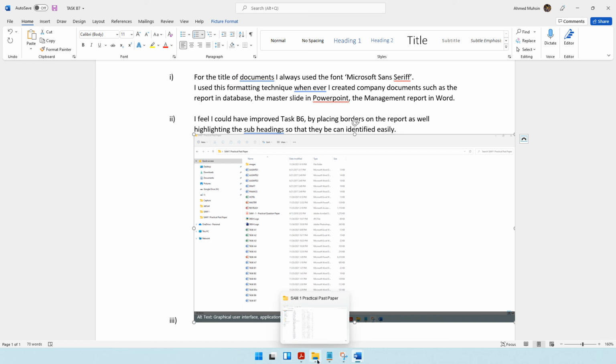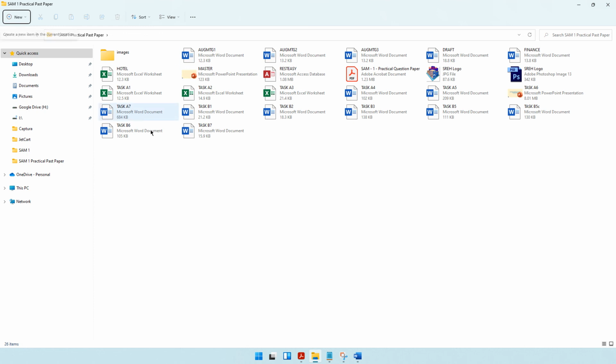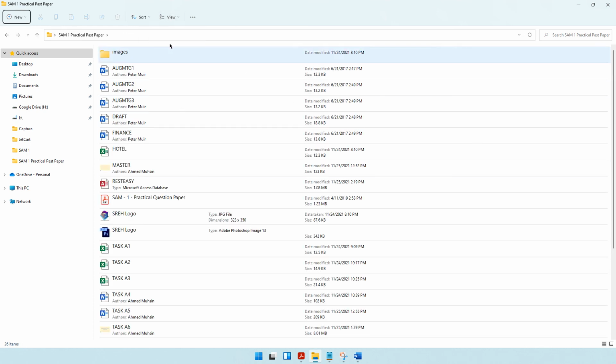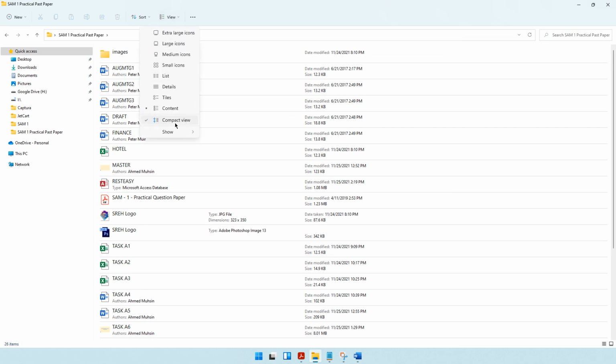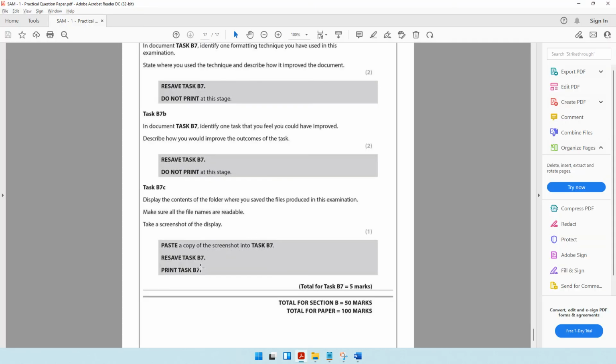In your case, say for example you have to scroll down, then I would recommend maybe changing the view, make it tiles so that it will all fit into one screenshot itself. Or maybe make it content. Okay, now content will make you scroll, so try and do something. Or compact view doesn't work. You will have to go with list, and then everything will be visible for you to take a screenshot. Okay, so with that, thereafter it says to resave task B7 and then print task B7,